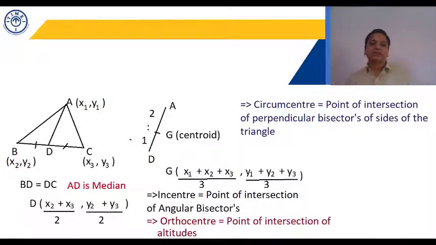Then what is circumcenter? Circumcenter means the center of a circle which is passing through all the three vertices of a triangle. Circumcenter is the point of intersection of perpendicular bisectors of the sides. If from that center we take an arc of length to any of the vertices and a circle is drawn, it passes through all the three vertices. That's the circumcenter, the point of intersection of perpendicular bisectors of the sides of the triangle. I hope this is clear.